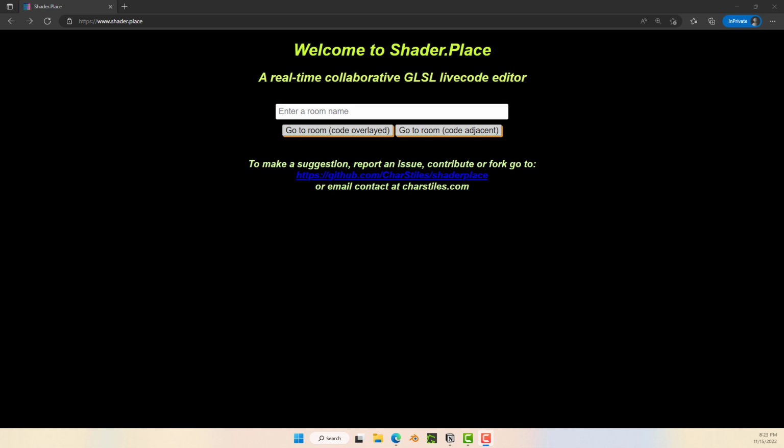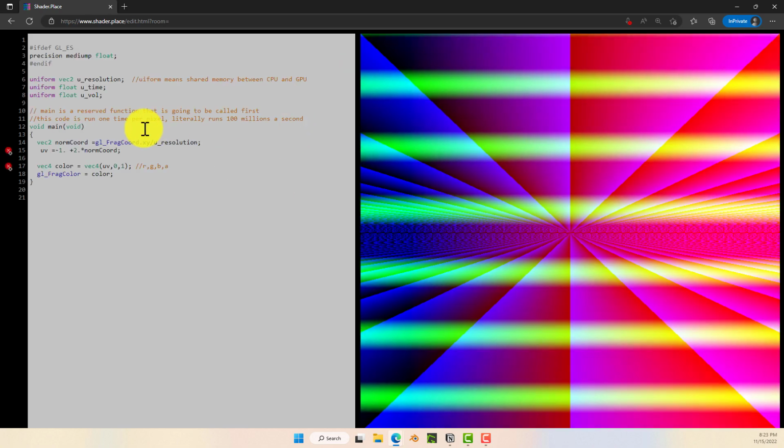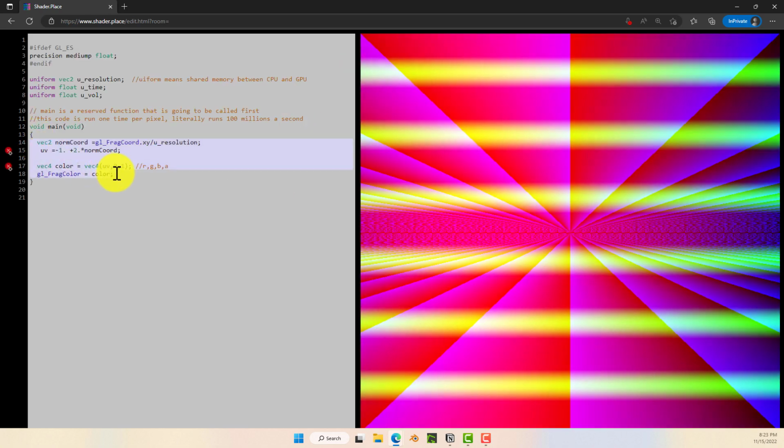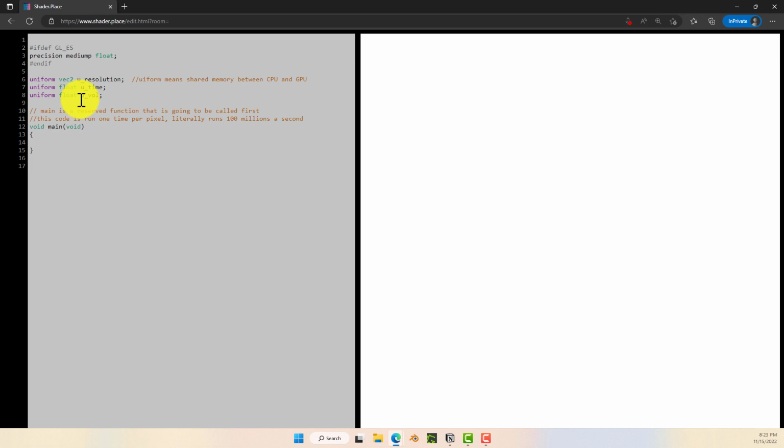Alright, to get started with the shader programming, we'll go to this website called shader.place. Awesome work and contribution by Charles Stills, and that's how I actually learned about shaders in the very first place as well. So we'll go to the room code adjacent, and if you see anything, we'll just remove everything inside the main function. So make sure you have this code,